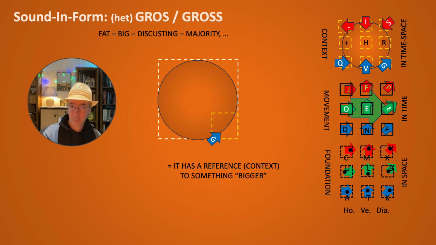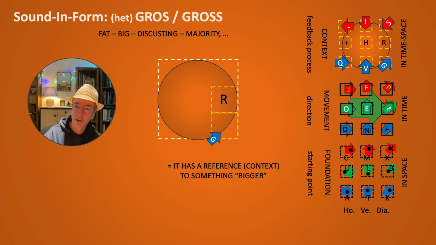This will be followed by the R. So from G to R, R is in the middle. It makes a connection from a physical world to the bigger structure, so it makes that connection to what is becoming bigger. And let's have a little bit more explanation of the three categories. The first category is about starting points. The second category is about directions. The next one will provide us also feedback processes, that we are dealing here with feedbacks that will come back to us.